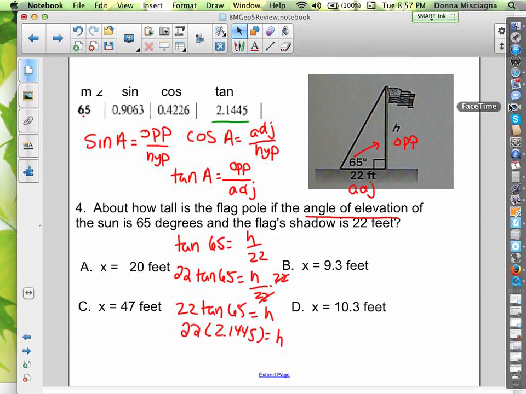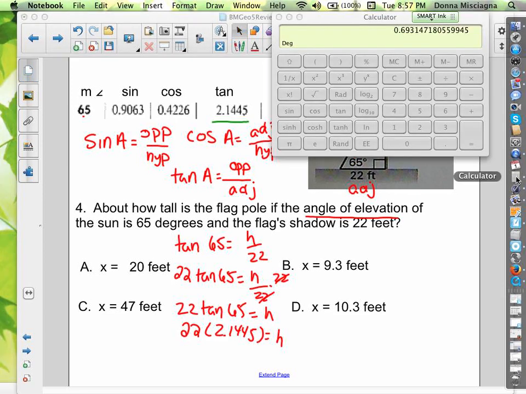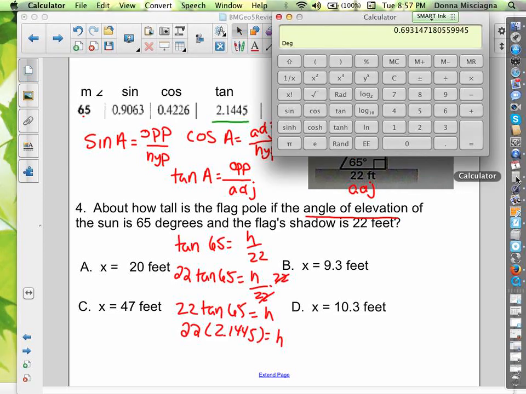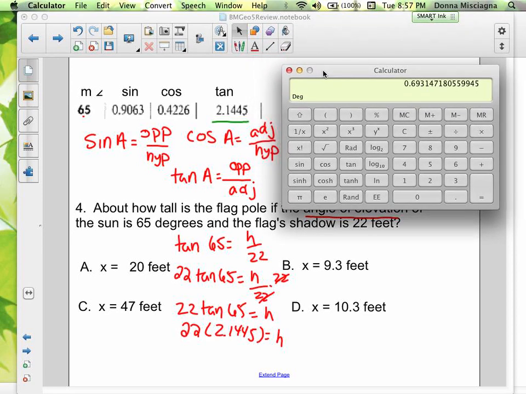Just have to go over to the side here. All right, so then if I just multiply 22, oops, I see a screen recording thing, so it's blocking my calculator. There we go. I don't know if you see that, but I do. So we have 22 times 2.1445. My shadow's blocking as well. All right, so it's